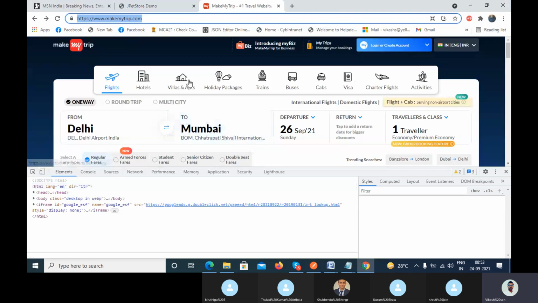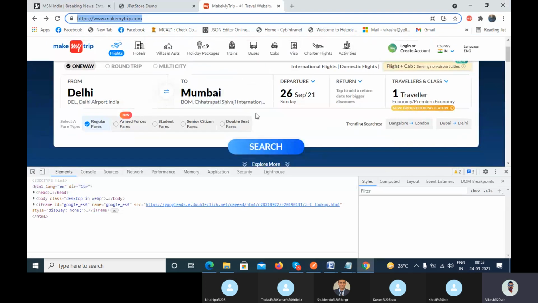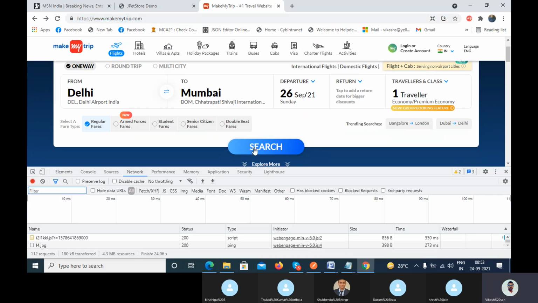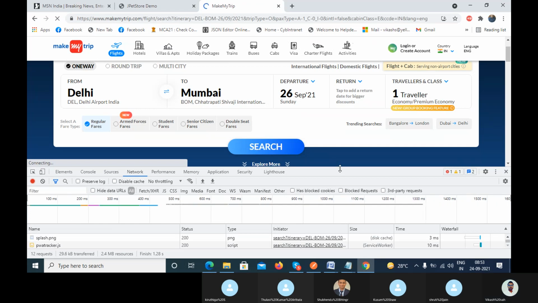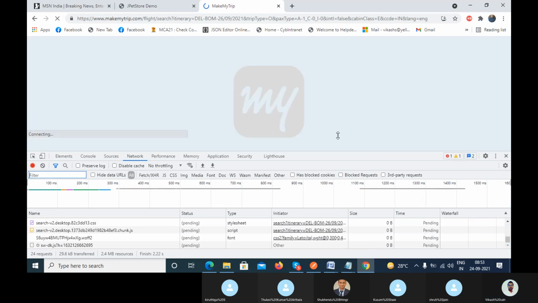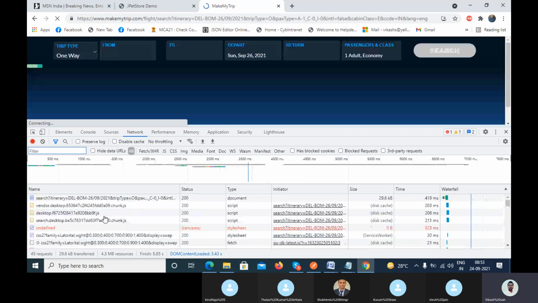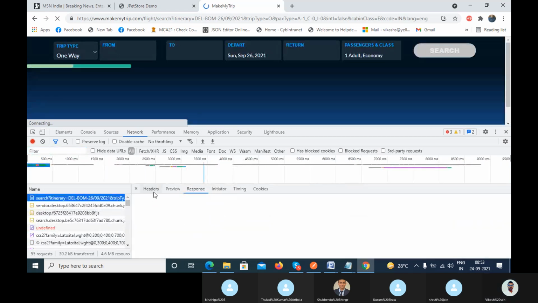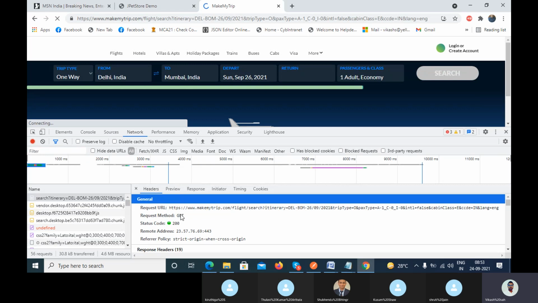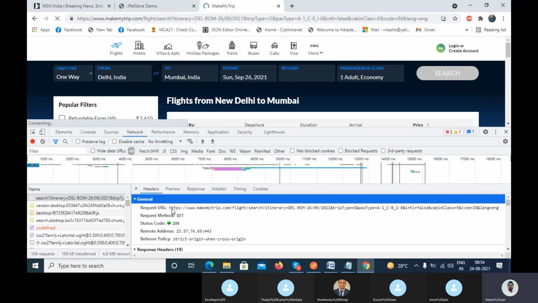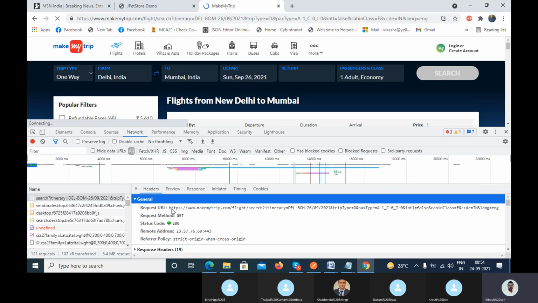In another request, you are trying to book the flight. So you pass Delhi, Mumbai and the 26th date. Click on search, go to the network section and search. Now this is the request they are using, to get the request using the query parameter, which we have already discussed, right?